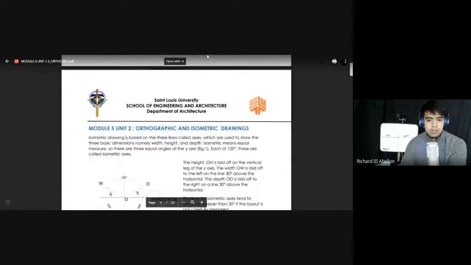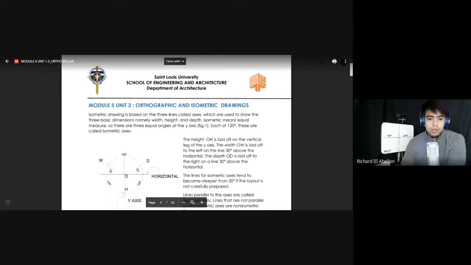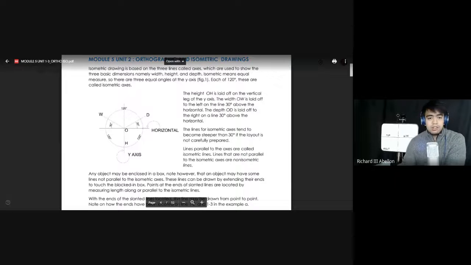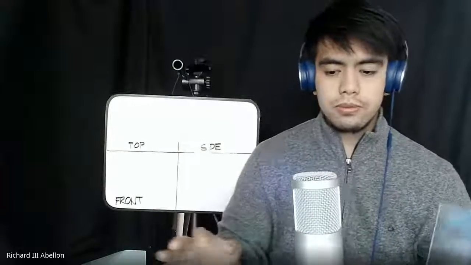Then, ayan. Unit 2 is orthographic and isometric drawings. So, it is indicated here that isometric drawing is based on three lines called axes. So, to further explain, stop sharing ko lang yung ano. Okay. So, the best way kasi para mas magets nyo yung